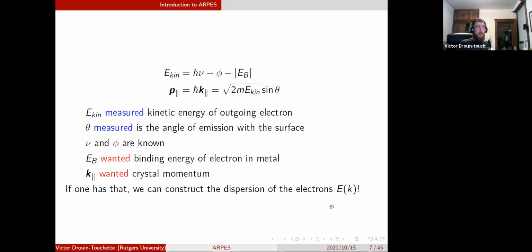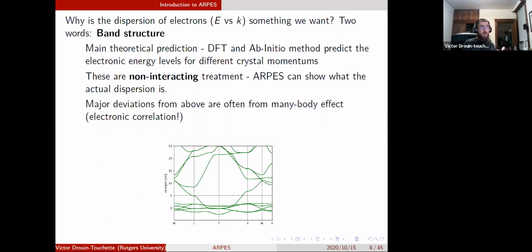And this is something you really want. So these two sets of equations are really what ARPES works with. You're measuring the kinetic energy of the outgoing electron, you're measuring the angle of emission, and from that you can extract the binding energy of the electron in the metal and the crystal momentum of that particular electron at that energy. And what that leads to is a really important concept in condensed matter physics,